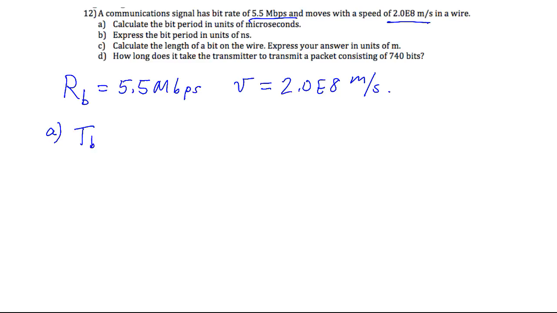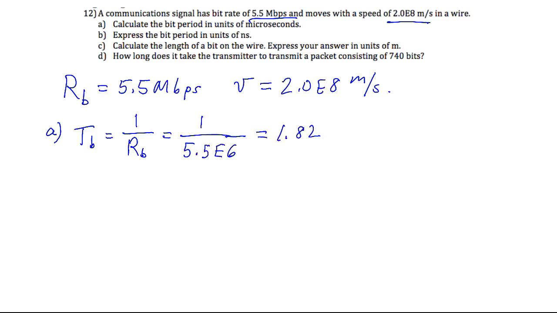T_B is equal to 1 over R_B. Perhaps the most straightforward way of doing this is to always plug into these equations values that are in bits per second. Take all the megas and gigas and millis and micros off of there, and mega is times 10 to the 6th. And so I can plug this into my calculator. 1 divided by 5.5 times 10 to the 6th. And I'm going to get